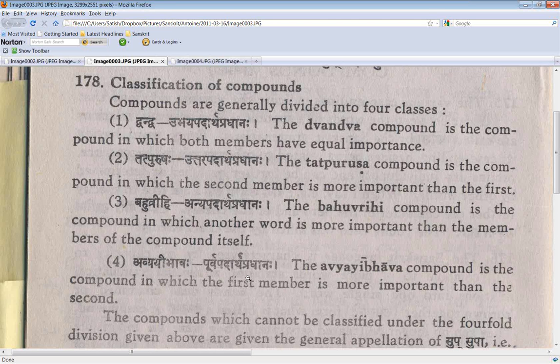For example, Yatha Shakti Karyam Karoti, so he does his job as per his ability. Now don't worry right now how Yatha Shakti was formed. We're going to come to all those details. Now, you could say that he does his job accordingly. Now, according to what is a little bit secondary. We can get the basic meaning of the compound, that he does his job in keeping with, according to, so not going out of bounds. So that is what Yatha Shakti is.